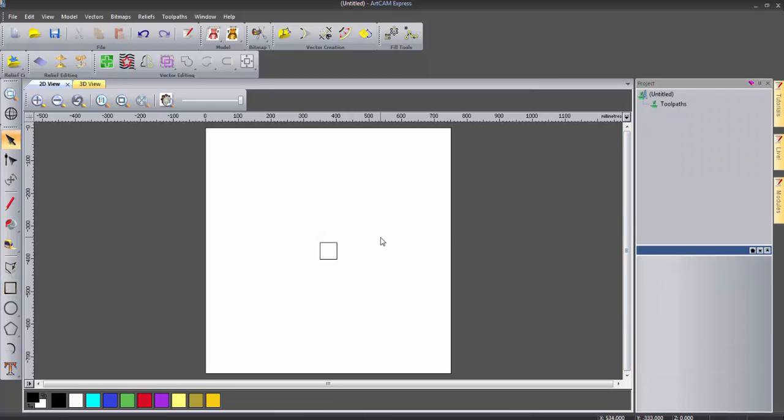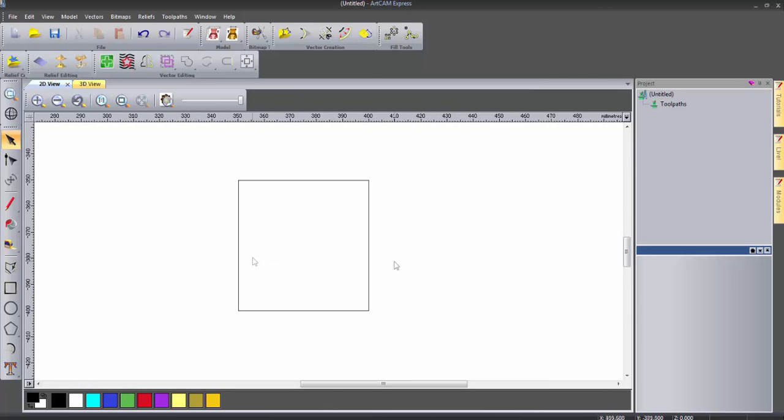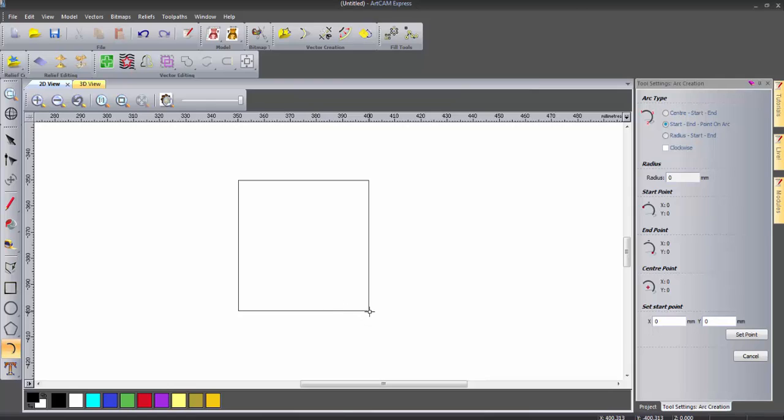Now I'm just going to create a design in this square. I'm just going to zoom into this. I'm going to create this design by using a series of arcs and circles. So I'm just going to use the Create Arc tool. I'm going to select one corner of the square and just snap it to the corner, and then select the adjacent corner and then drag the arc out to its maximum angle, like so. And I'm just going to do this for all the four sides of the square,